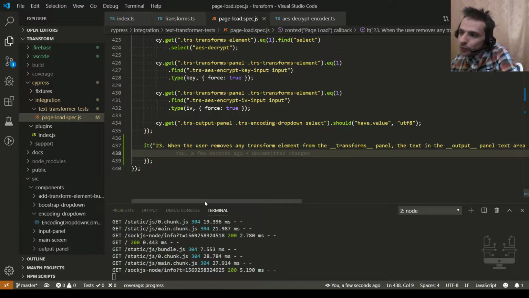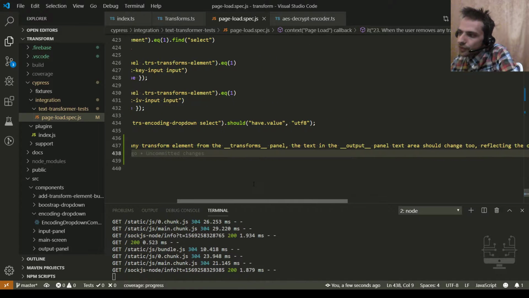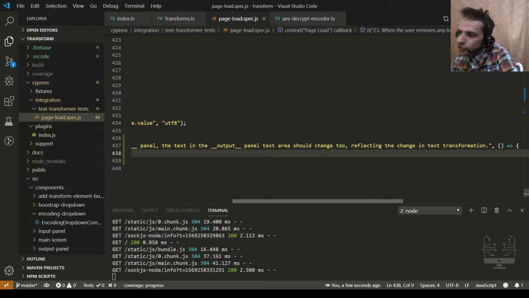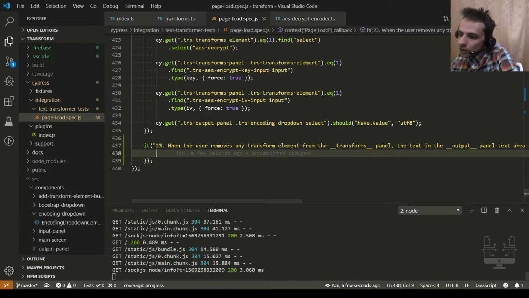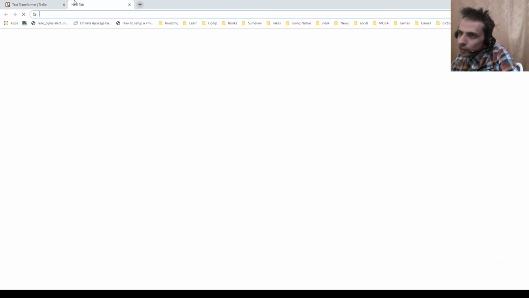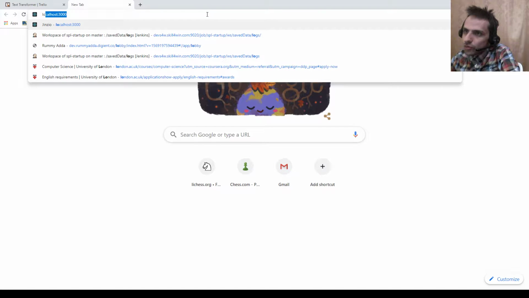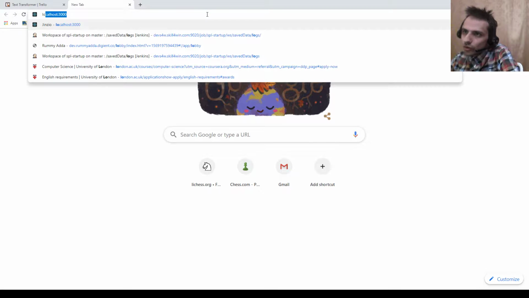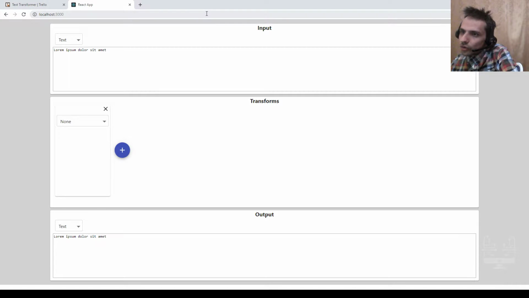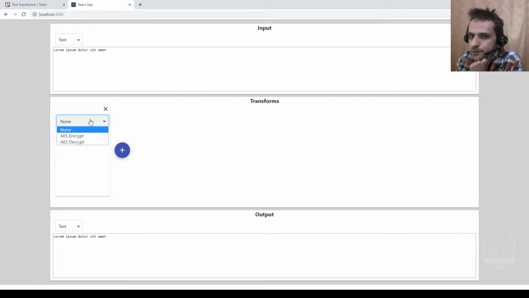When the user removes any transform element from the transforms panel, the text in the output panel text area should change, reflecting the change in the text transformation. So this test is related to this.